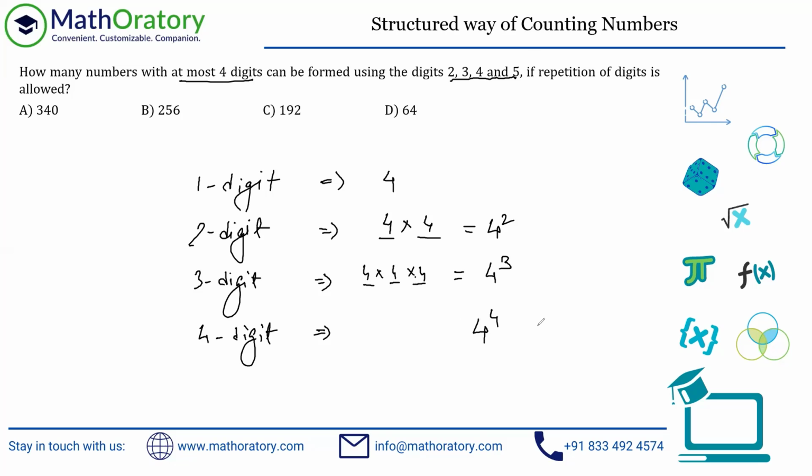So brute force, just count it out. 4 square is 16. 4 cube is 64. Simply multiply 4 to the previous one if you're not aware of it. And 4 to the power 4 is 16 square, right? So that is 256. And simply add all of these cases. So 256 plus 64 is as good as 260 plus 60. So that is 320. And then you have 16 plus 4, which is 20. So 320 plus 20, that is a total of 340 numbers of first option out here.